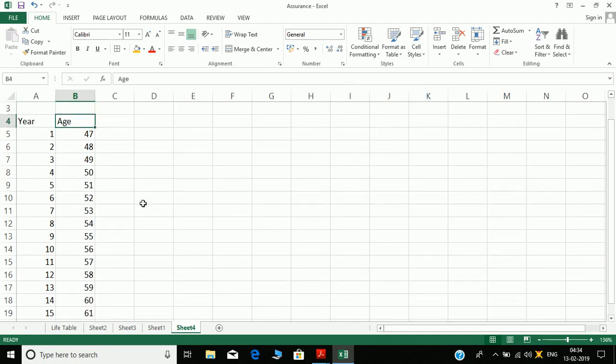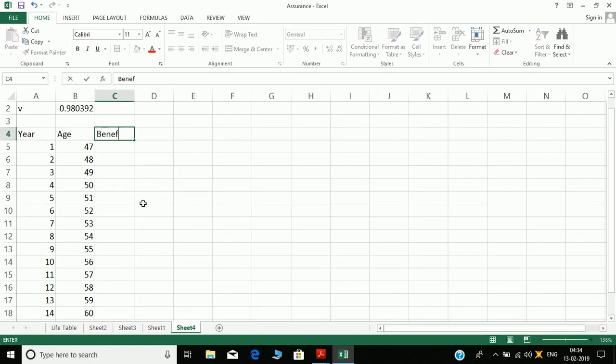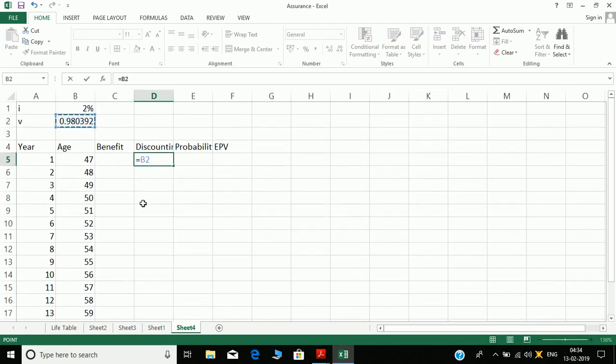Okay, and then I will have benefit, but I do not know my benefit. I will have my discounting, which I know, and then I have my probability, and then comes the EPV. So I don't know the benefit, but we'll calculate the benefit. Before that we know discounting, so let's complete discounting